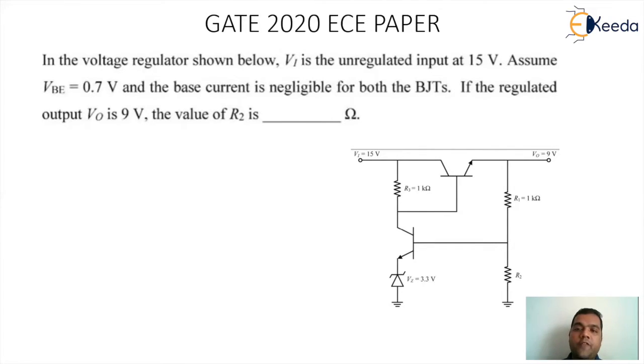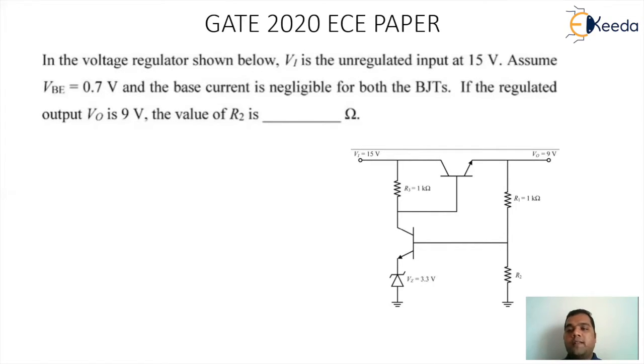Now, if you observe carefully, you can see two transistors where the first transistor is having emitter connected to a Zener voltage of 3.3 volt, which will be a constant value. And for the second transistor, the base is connected to the input point via the R3 resistance of 1 kilo ohm. Also, the base of the second transistor is attached to the collector of the first.